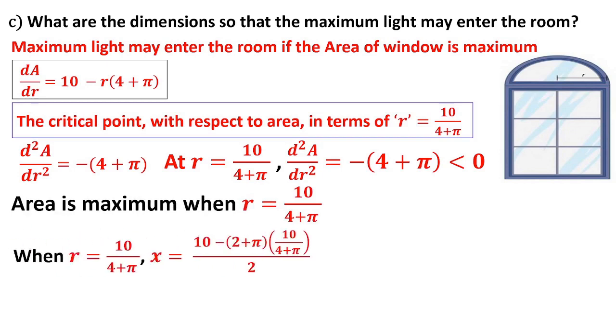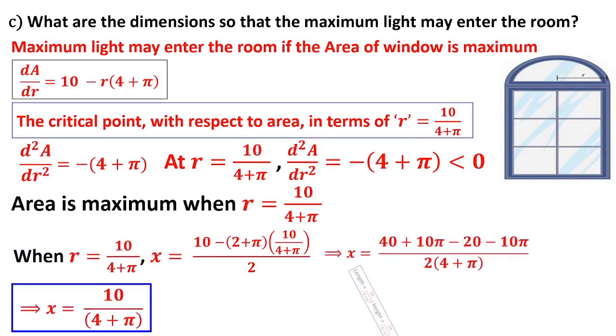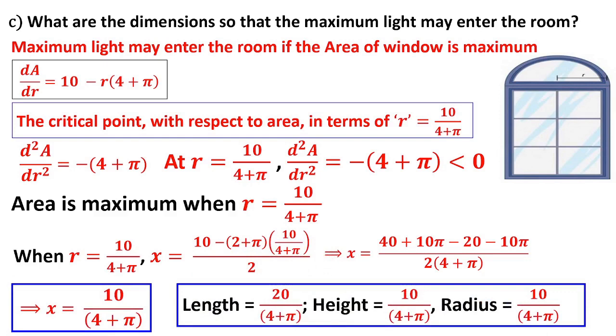What do you mean by dimension? r is 10 by 4 plus pi and you have to find the value of x. I am finding the value of x. Therefore, x is this and length is 20 by 4 plus pi. Height is 10 by 4 plus pi and radius is 10 by 4 plus pi. Well,